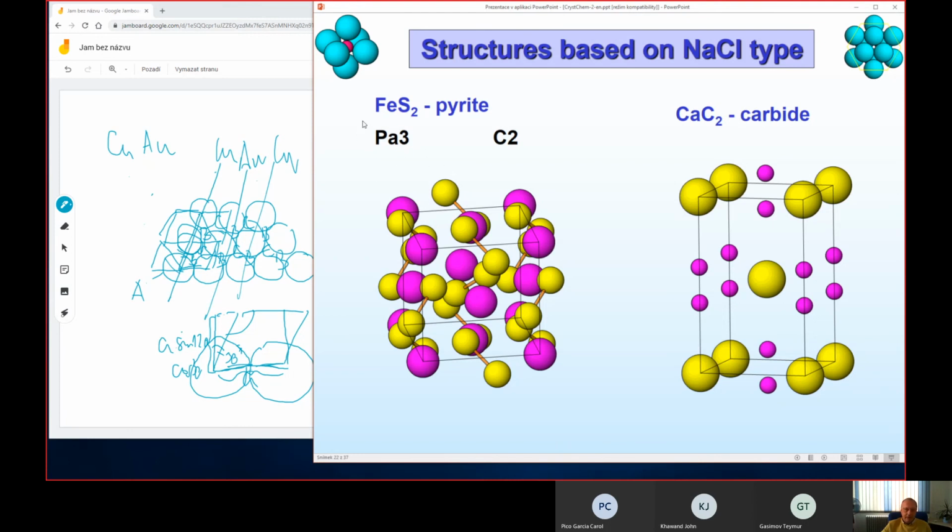So this structure type can be derived from the rock salt structure type, but it is a C type because the ratio of elements is 1:2, and so this is one example. And the second example is calcium dicarbide or acetylide, where the dicarbide anions, which are C2 2-, are arranged along or oriented along one crystallographic direction, and this lowers the